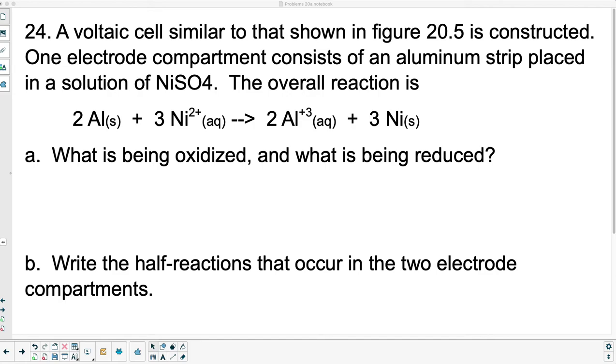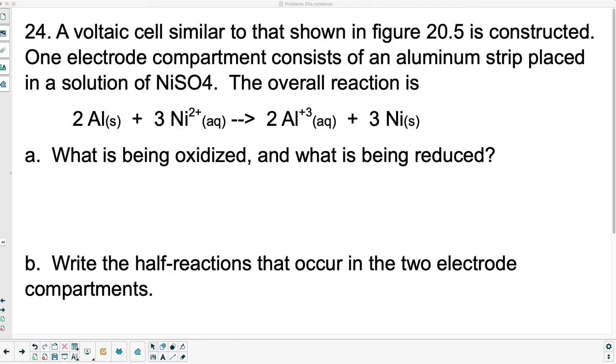A voltaic cell, similar to the one shown in figure 20.5, is constructed. One electrode compartment consists of an aluminum strip placed in the solution, and the overall reaction is given. And nickel, oh, that's nickel sulfate. So what's being oxidized and what's being reduced? This is a very simple redox equation because there's no oxygen involved. We don't have to do balancing with water or balance anything actually, because it's already balanced for us. So let's see what we got here. I'm going to go through this